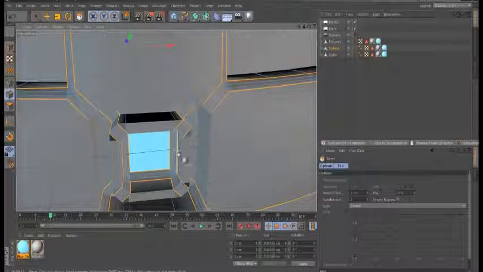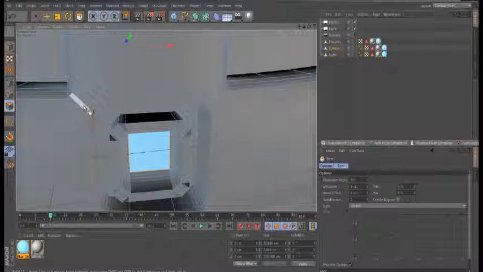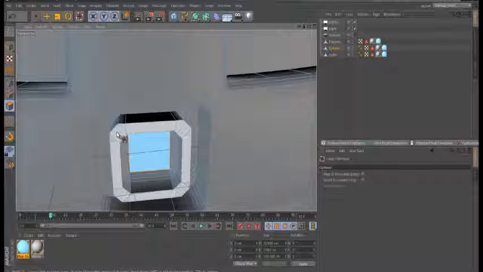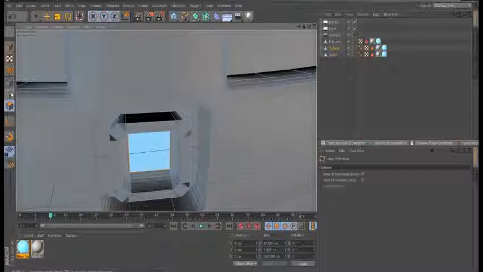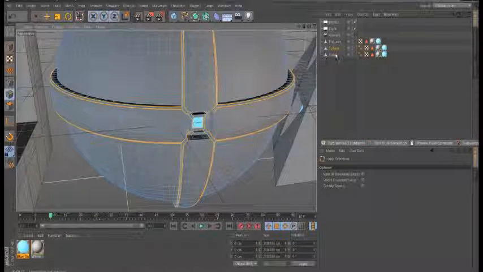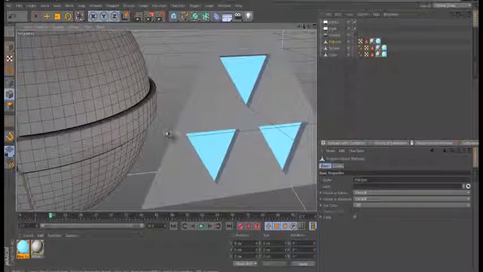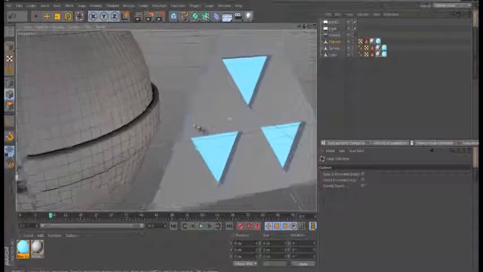I think that looks pretty cool. I wonder if I can go to polygons. No, I can't do that. Well, alright. So, and also let's go to our photonic UL, and